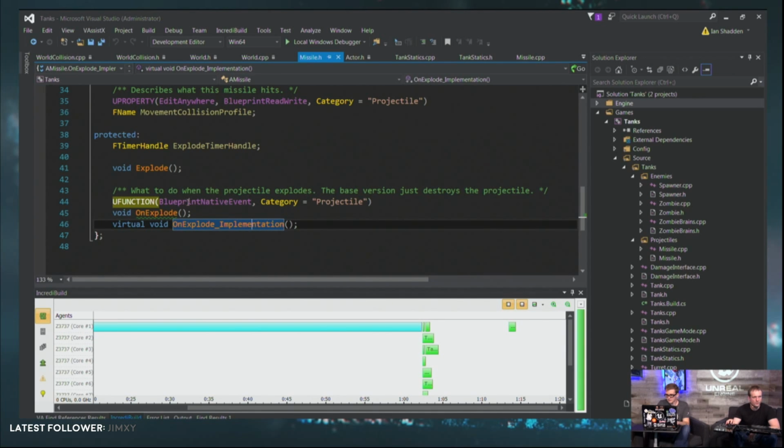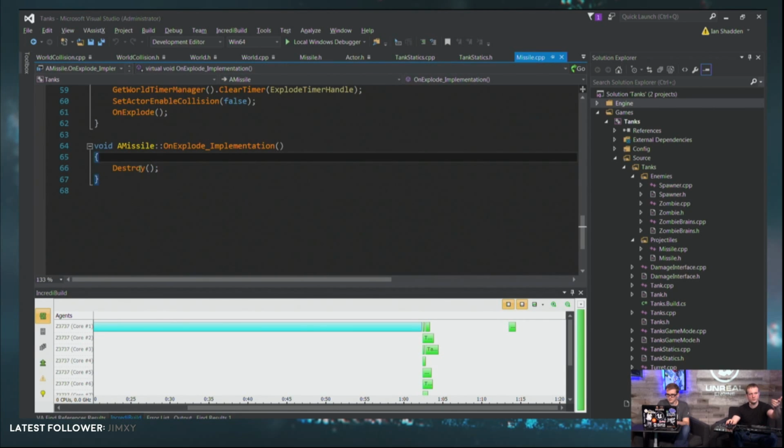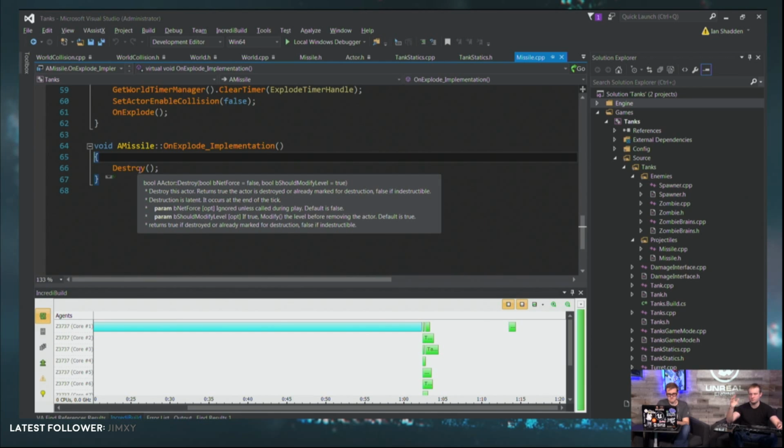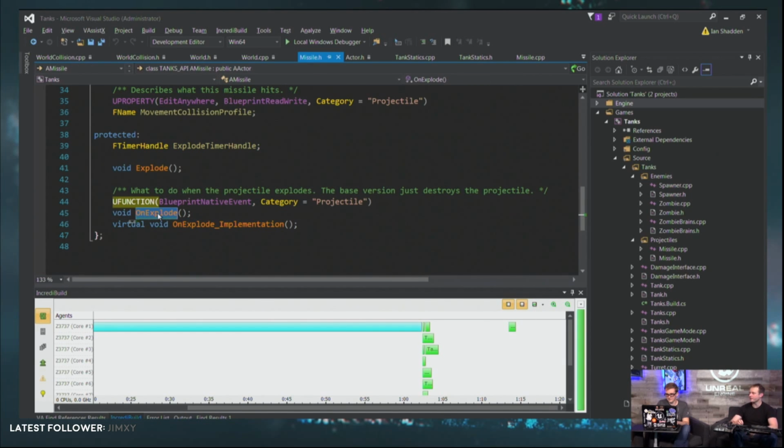Now, as you can see, I talked about blueprint callable. That would be a function that the blueprint user can call. It does some C++ stuff, and that's it. Blueprint native event is similar. We have a default version here, which just erases the missile, and that's it. Pretty simple. But if you wanted to do anything like have it flare up, do some explosions, and then destroy, you can do that by making the onExplode event in your blueprint. There's also blueprint implementable event, and that's similar to blueprint native event, except that there's no default C++ function. By default, it would just do nothing in C++. And then finally, blueprint pure.